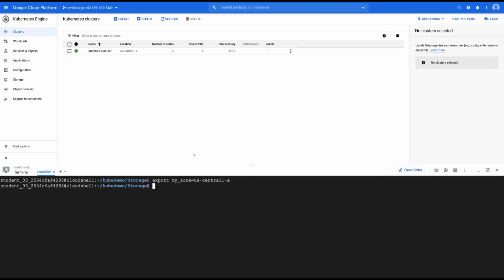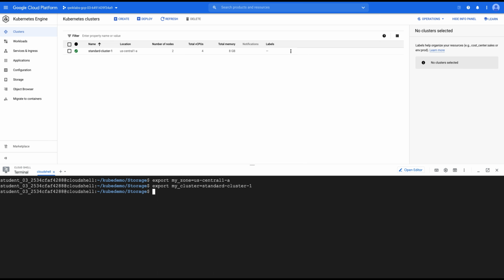As you can maybe see behind, I have a cluster which is created, so I'm going to set that name as well. And export my cluster, that is standard-cluster-1.